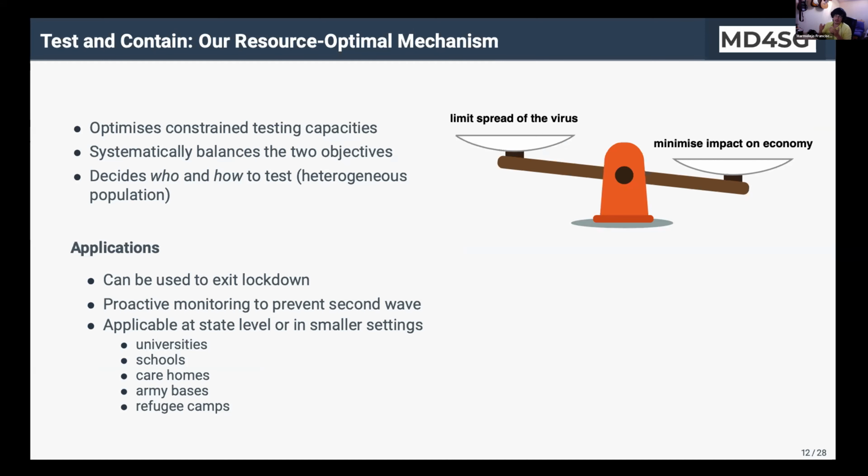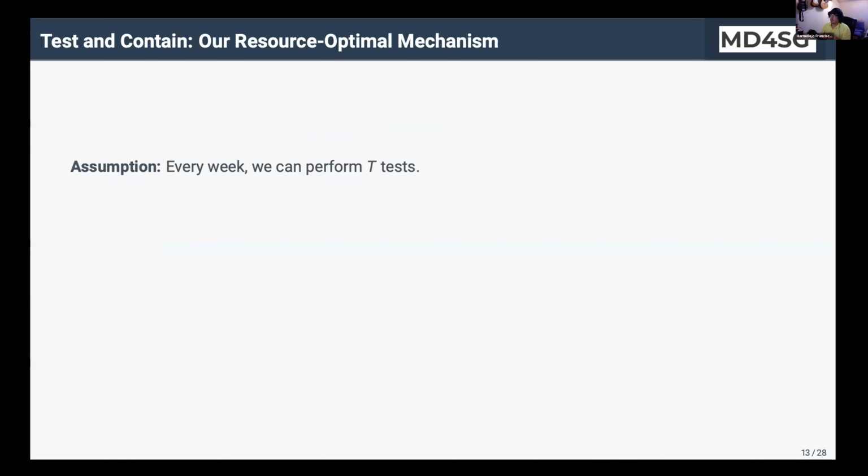And ultimately, it's actually applicable at multiple different population levels. Everything ranging from a country level to even universities, schools, care homes, etc. When there's population level knowledge of individuals, we can use a strategy like what we propose. And so now let's get to the meat of the strategy. The assumption that we make, and that is key, is that every week there's a limited number of tests we can use. So there are t tests that we can allocate,